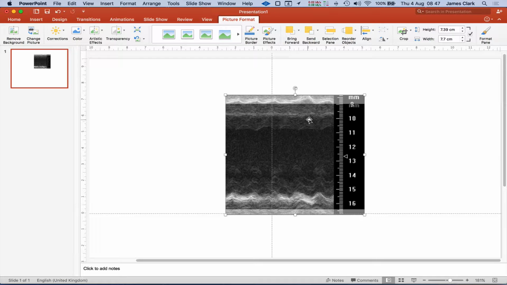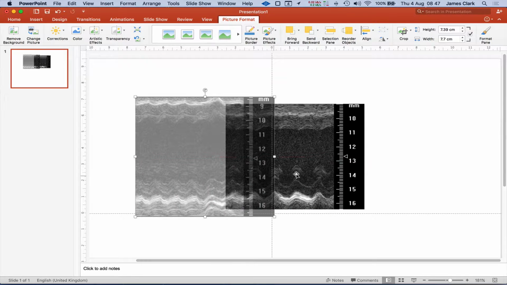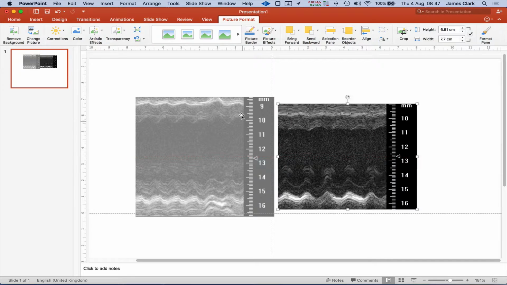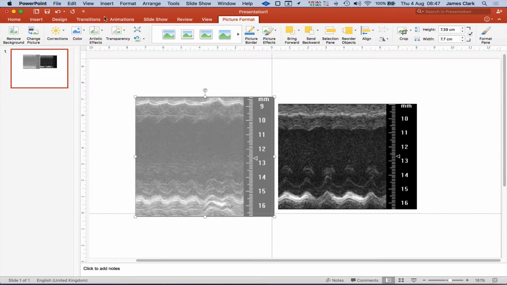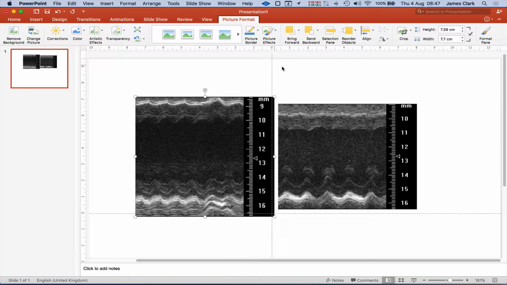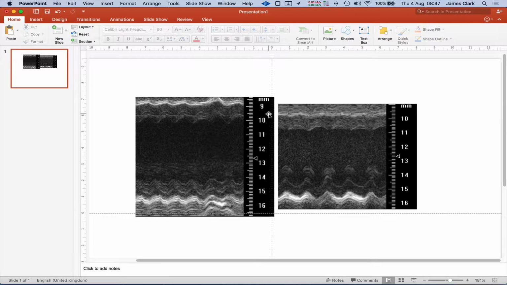So we've now got these two images perfectly lined up, and you'll see that the image on top is actually bigger than the image underneath if I hold them side by side now, and that's because the scales were different. This heart was particularly big compared to this heart. So I can turn off the transparency, bring it back to its previous glory,